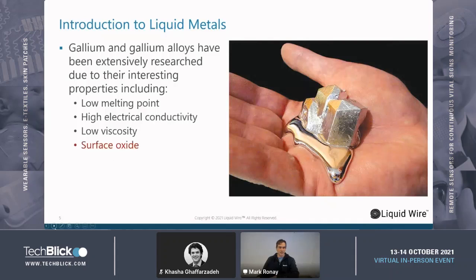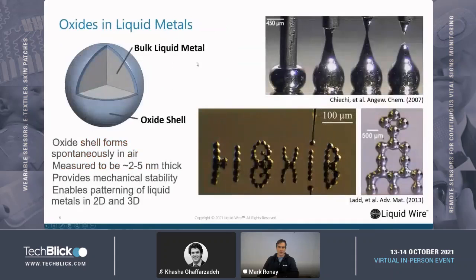Our main trick is manipulating the surface oxide. These images are not from Liquid Wire. This is from academic work done in the past, studying the oxide formation. The oxide that forms on the surface of this liquid metal is a gallium oxide, and it's solid. It's typically about 2 to 5 nanometers thick, and it's just enough to hold a structure on droplets of this material. Here you can see some academic work doing different patterning of liquid metals using microdroplet techniques. We go one step forward from that. I'll get to that in a second, but I want to cover a little